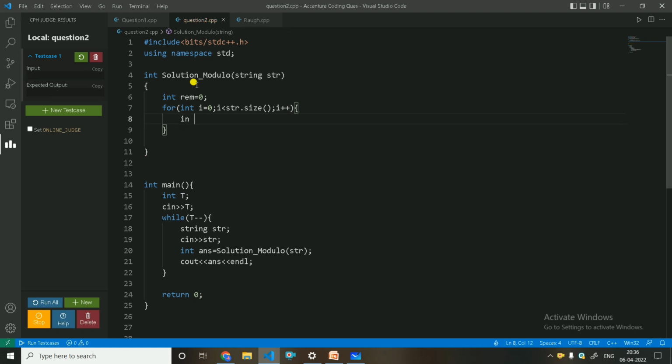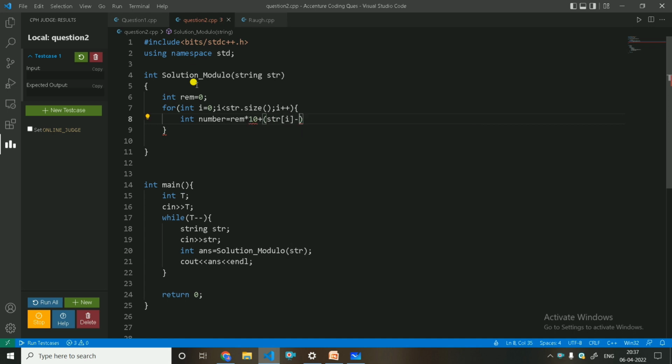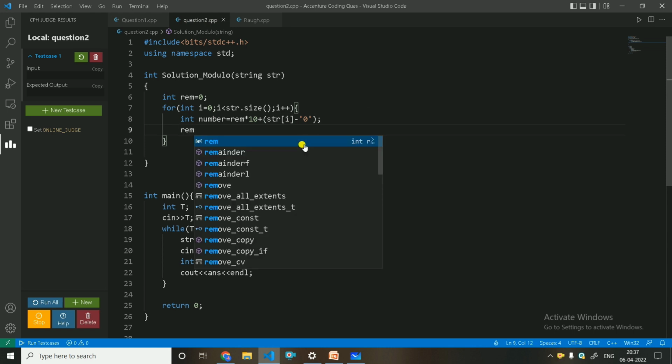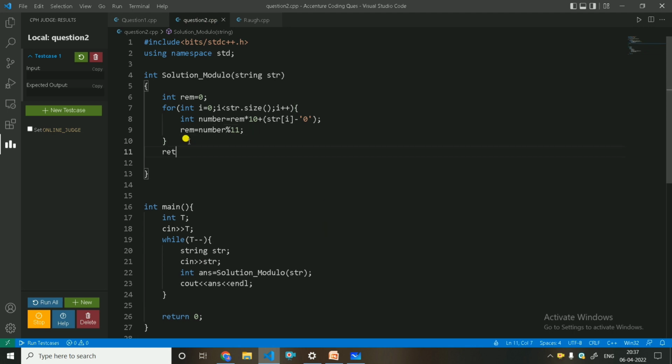Now int number will be remainder into 10 plus the character we are approaching minus '0'. Why '0'? Because it is a string and the character we are approaching is a character, so we subtract '0' so that this will be a number, not a character. And the actual remainder will be number modulus 11. At the end we just return the remainder, and it's done.